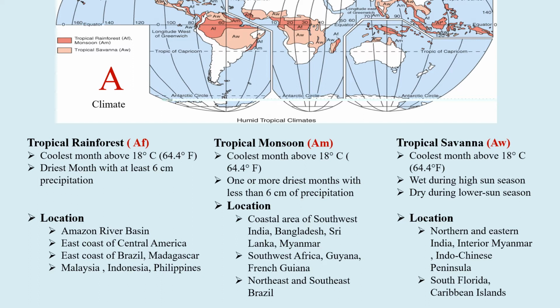If we take a closer inspection of the tropical climate area, A climates are widest on the eastern side of the world's islands. This occurs because the trade winds blow onshore from the northeast and southeast, and the latitudinal extent of the A climate is about 20 degrees greater on the east coast of a continent than the west coast of the continent.